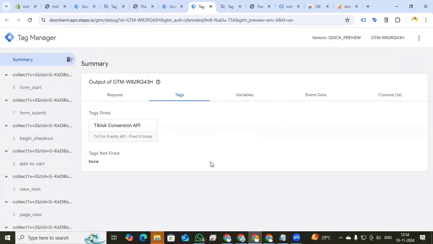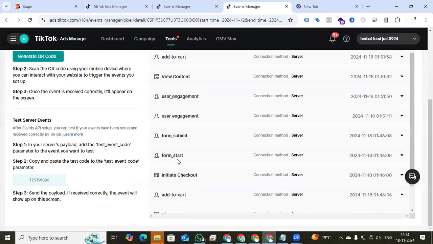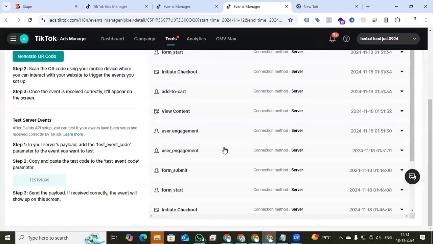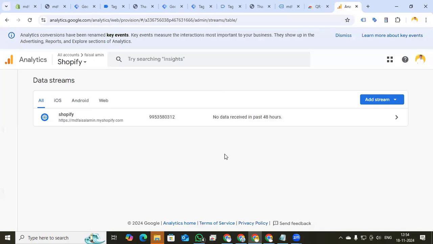And if you come back to our TikTok event manager, here you can see that we find each and every event. Sometimes the purchase event takes some time to be received because we set it up manually in the backend of the Shopify store. And for the GA4, you know that it will take some time to receive the data because that is my new Google Analytics 4. So finally, we have perfectly set up each and every event for TikTok conversion API, both browser